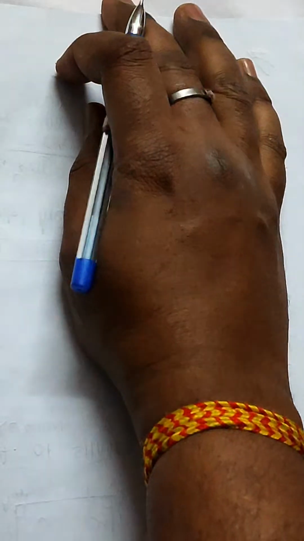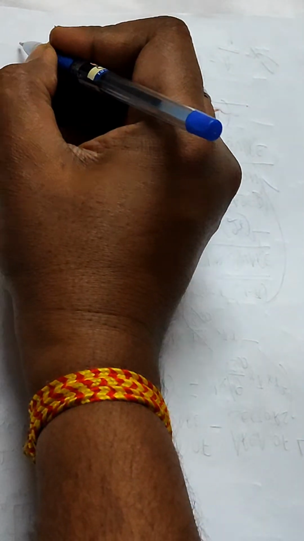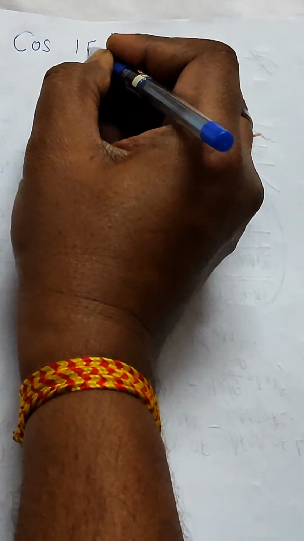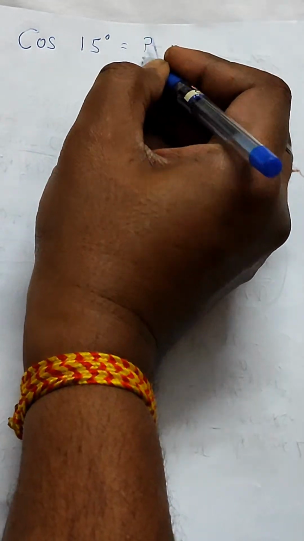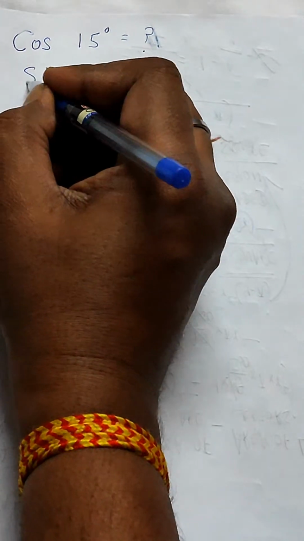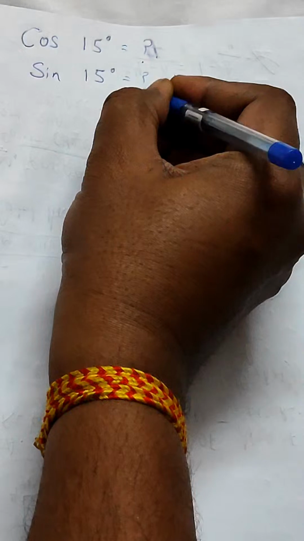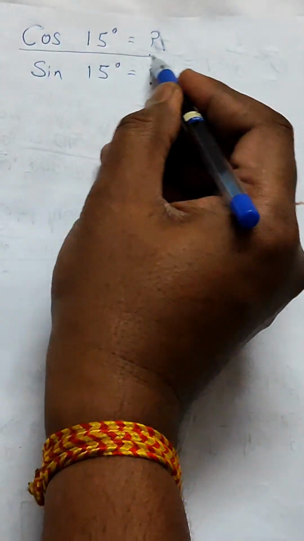So the value of cos 15 is what we need to calculate, and the second part is sine 15. So these two values we will be calculating today in the first question. And the formula which is already given in the question is that